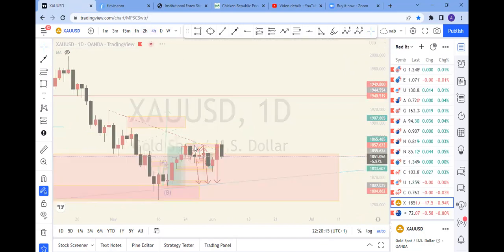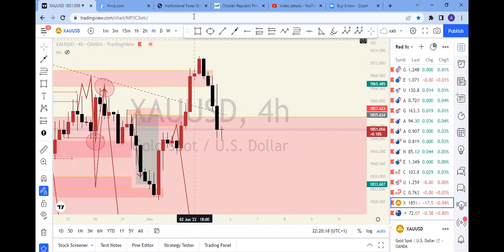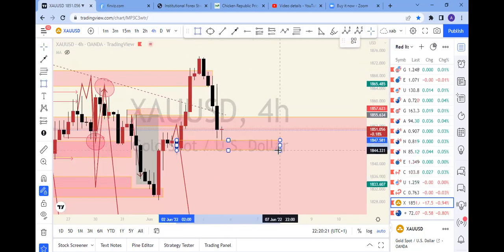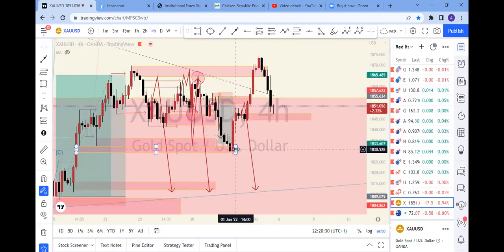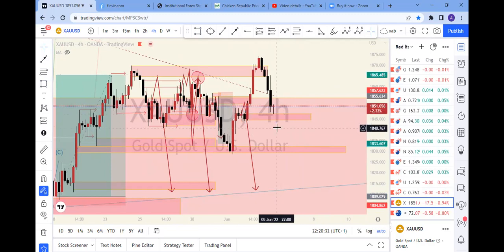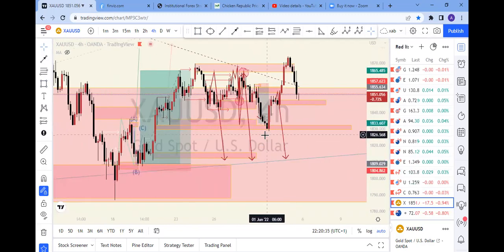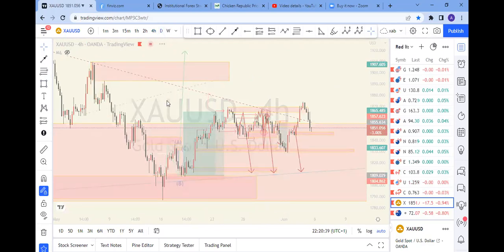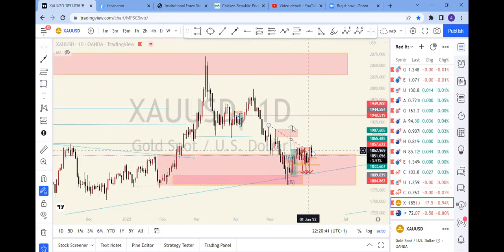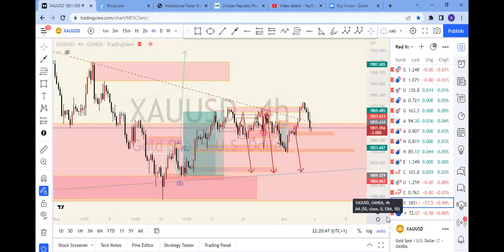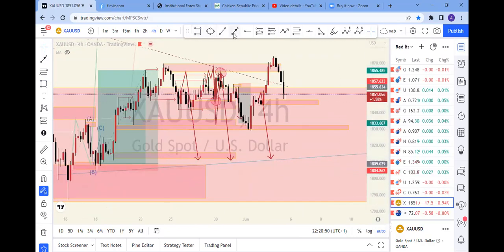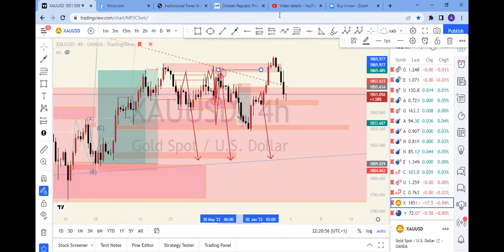But nonetheless, like I always say, we want to see clear confirmations for whatever bias we're going to be working with. We want to see very clear confirmations. Either from this other block or this other block, we might see a reaction so that gold can continue bullish, because as you can see, we've broken structure on the 4 hours time frame. We might continue higher. So that's for gold.